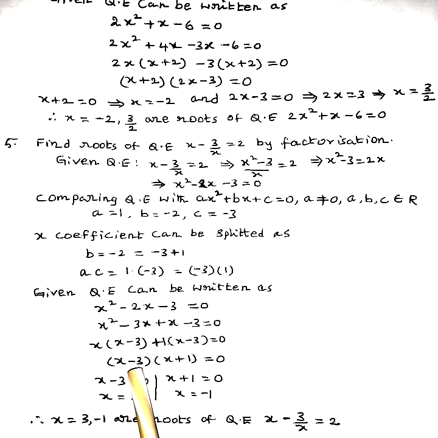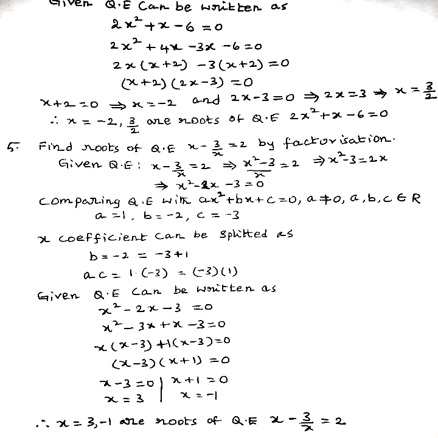So, x minus 3 is taken as common factor. We get x minus 3 multiplied by x plus 1 equal to 0. Considering x minus 3 equal to 0, we get x equal to 3, and considering x plus 1 equal to 0, we get x equal to minus 1. Therefore, x equal to 3 and minus 1 are the roots of the quadratic equation